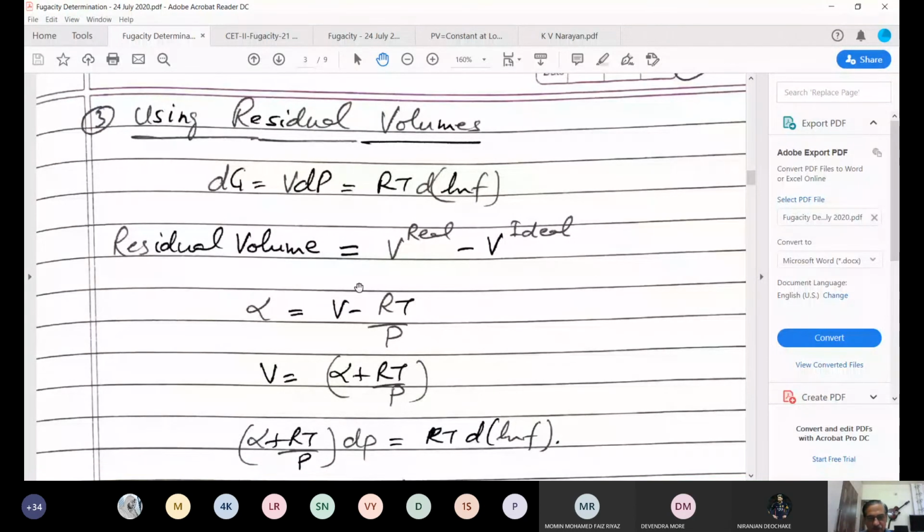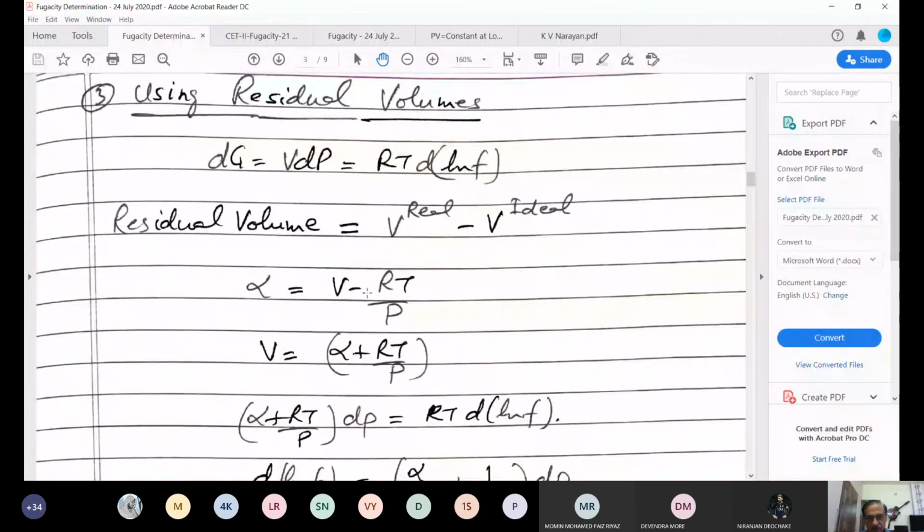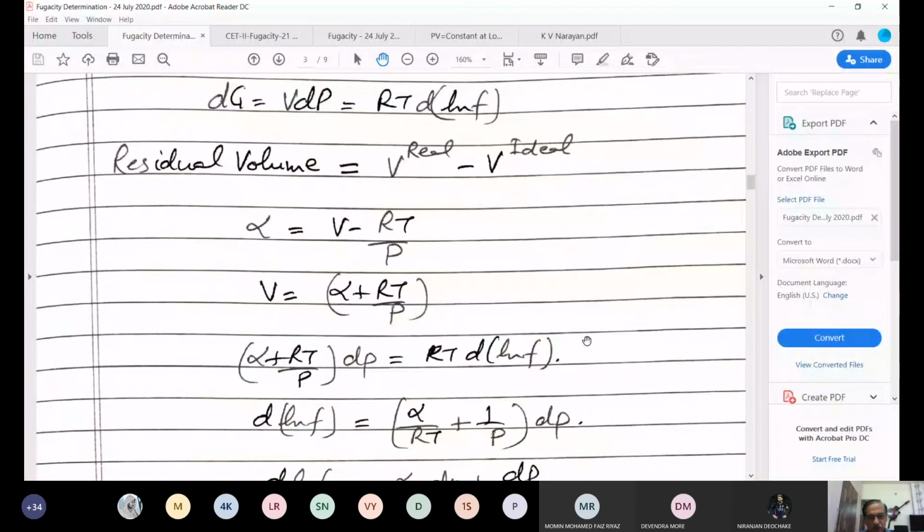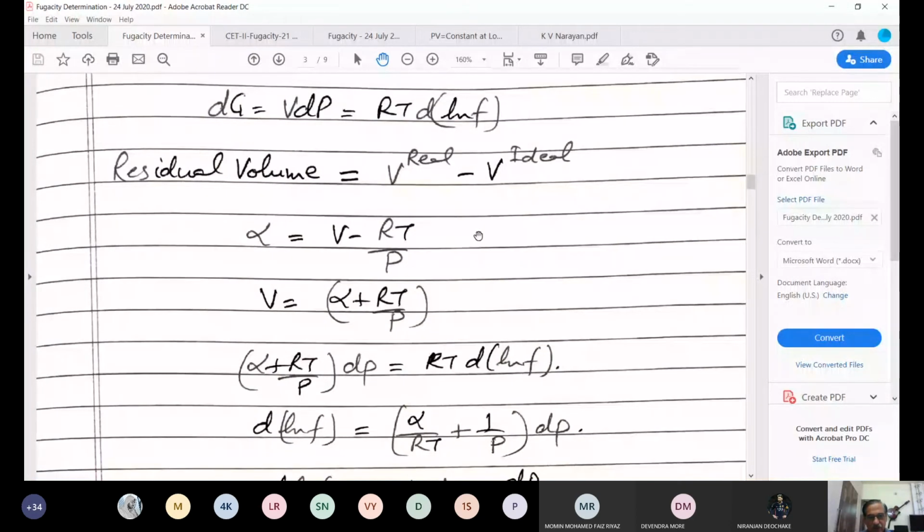So residual volume is defined as alpha is equal to V minus V ideal, which is nothing but RT by P. You can take this on this side and you get V is equal to alpha plus RT by P, right? So we can substitute here V into dP, so (alpha plus RT by P) into dP is equal to